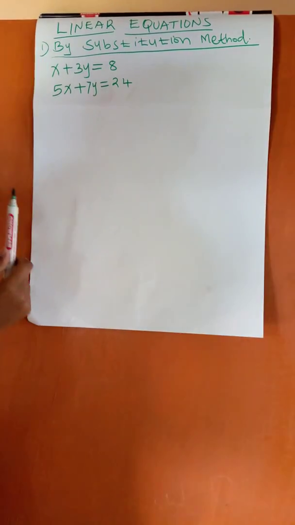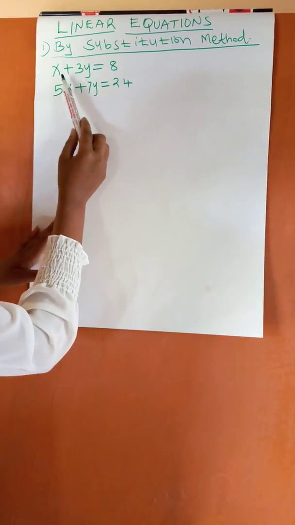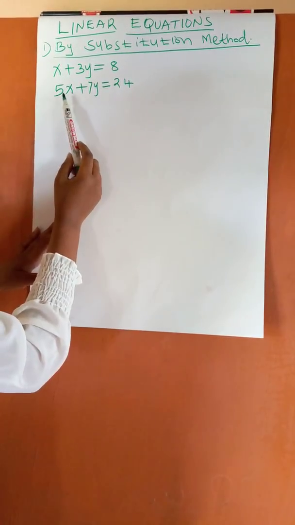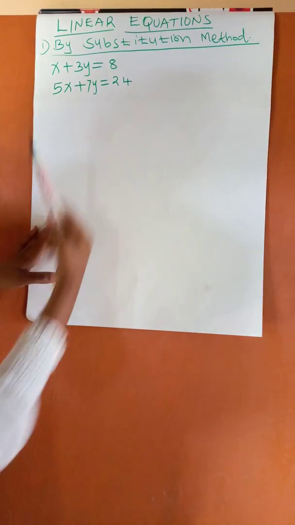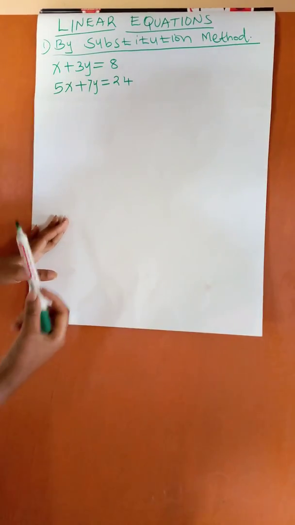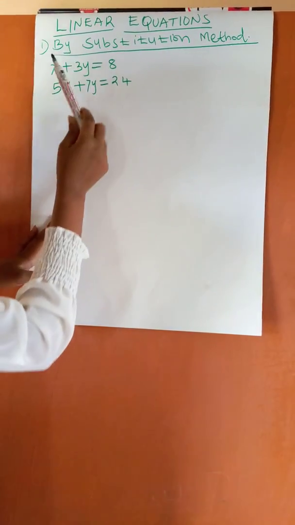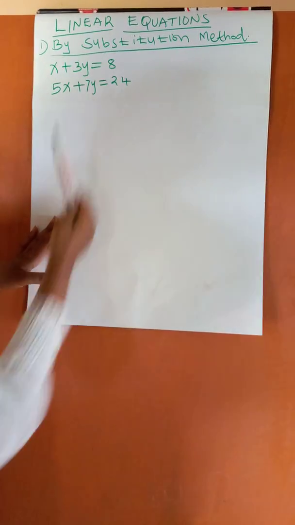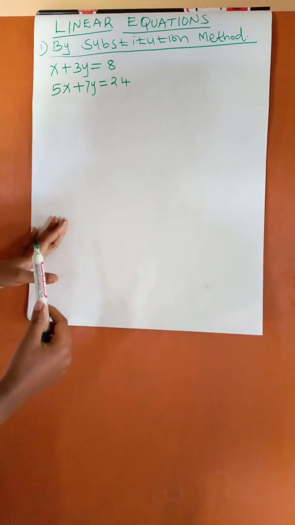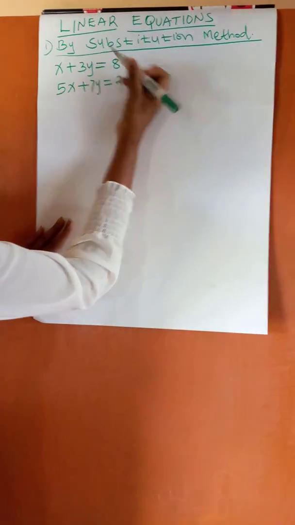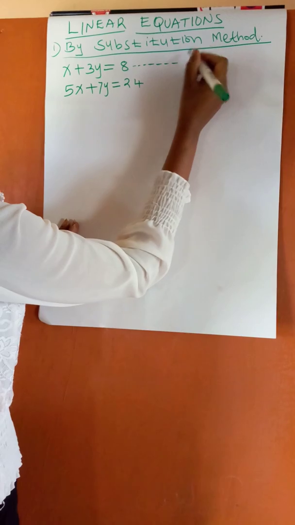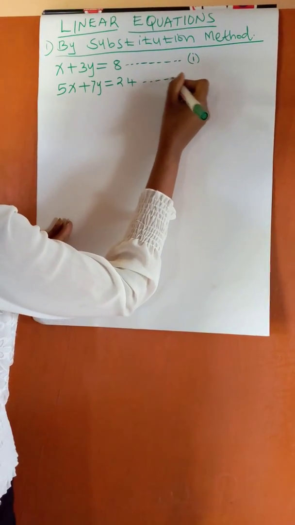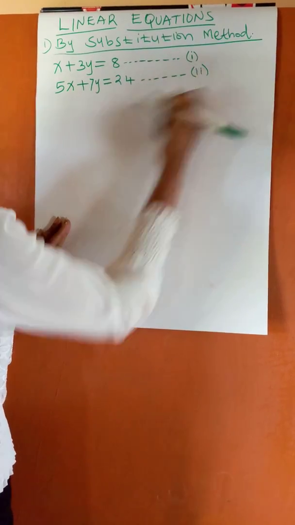graph. So I have an example here whereby you have x plus 3y equal to 8, and then you have 5x plus 7y equals 24. And I want us today to learn how to solve these linear equations by use of the substitution method. So we can start by naming our first equation, equation 1, and our second equation, we can name it equation